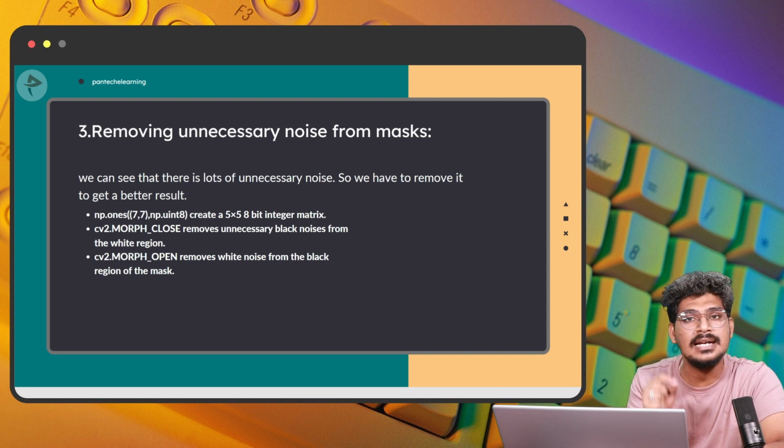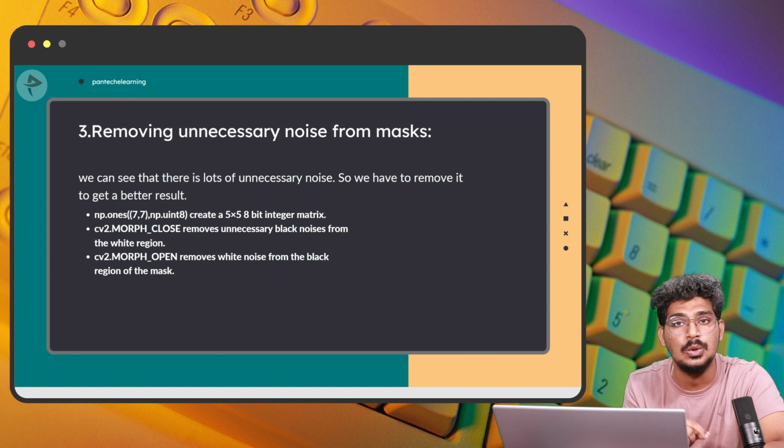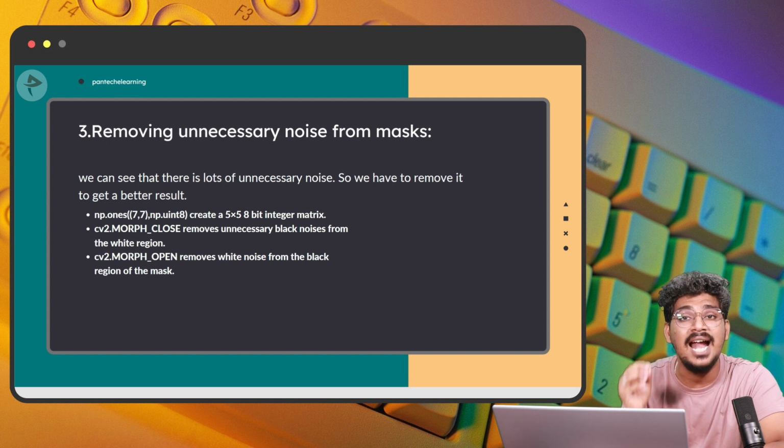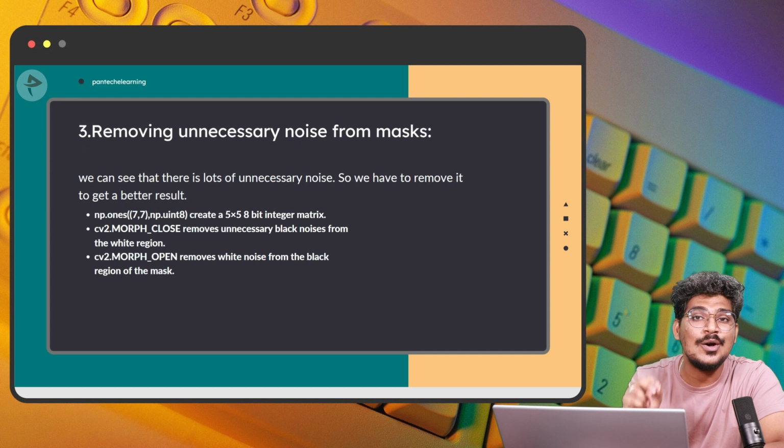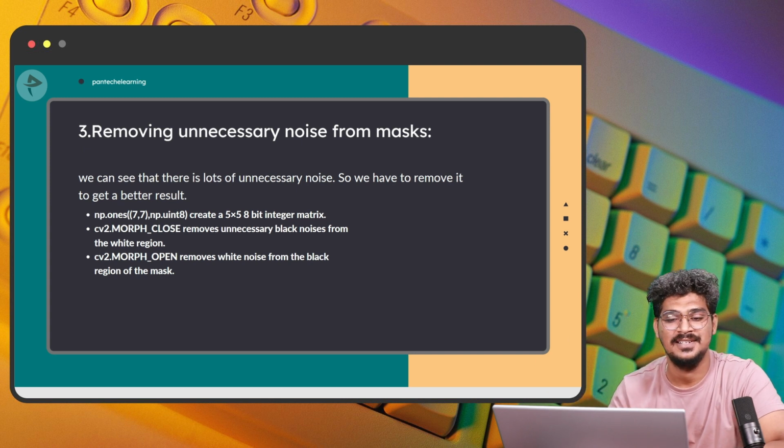Here cv2 dot morphological close removes the unnecessary black noises from the white region, and morphological open removes the white noises from the black region of